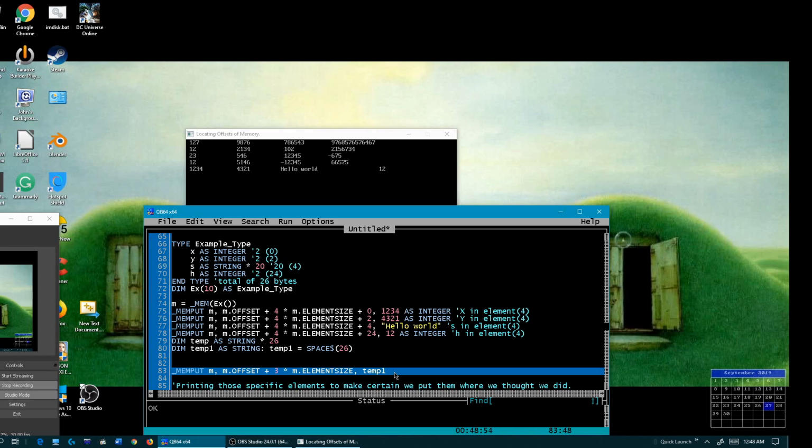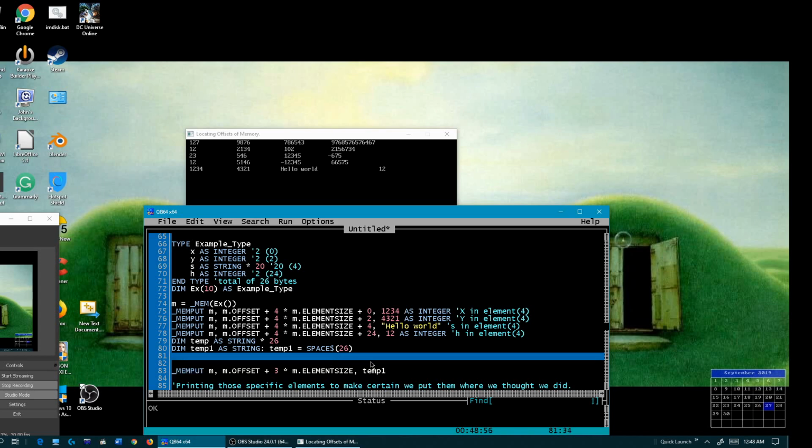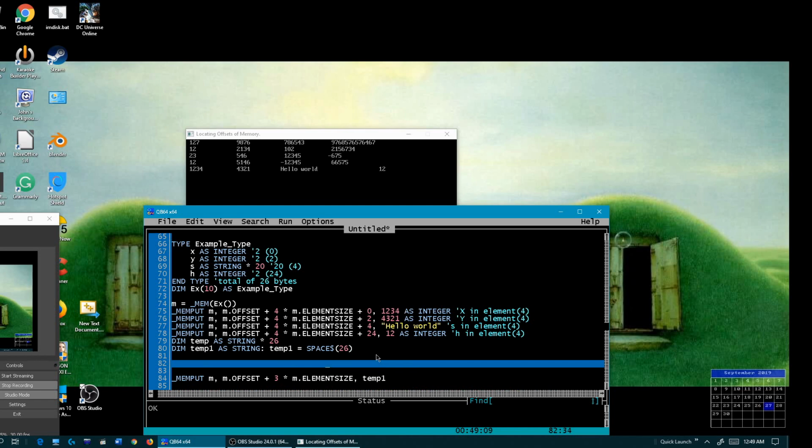Well, in fact, it's not going to be zeros, because a space is ASCII character number 32. So what I'm actually putting in there would be